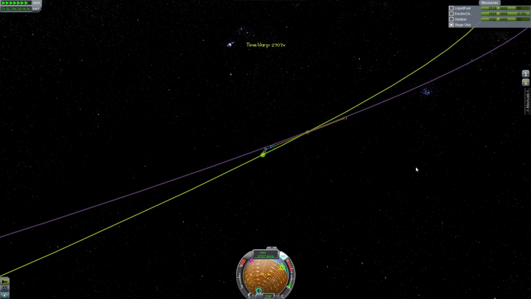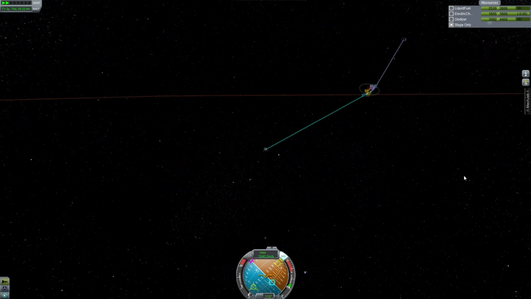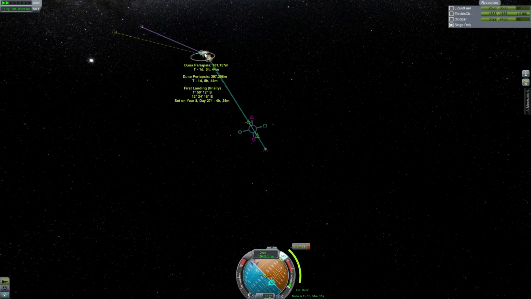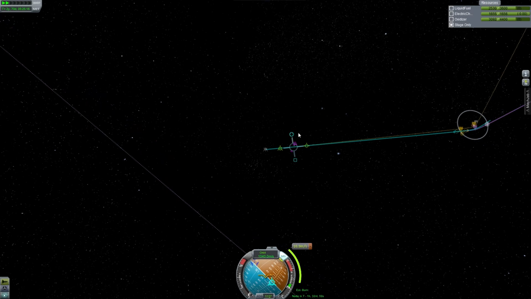And right about there. Okay, let's see what this actually is looking like right now. Oh, we have an encounter with the moon. Not what we want. We want Duna's periapsis to actually be a lot closer than it is. So we're going to have to direct it this way. Oh, this is really hard to see. Okay, more. And that's at 257,000, 149,000, 125,000,